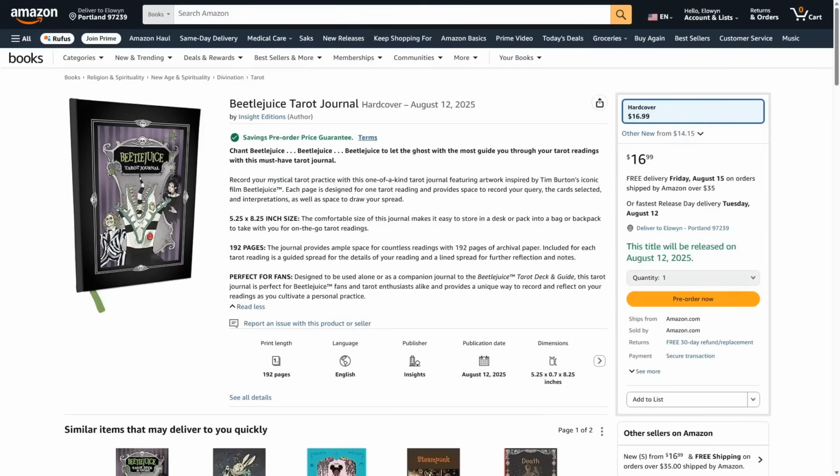Releasing August 12th is Beetlejuice Tarot Hardcover Journal. This journal will retail for $16.99 in the US and is published by Inside Editions. The journal will be 192 pages. Chant Beetlejuice, Beetlejuice, Beetlejuice to let the ghost with the most guide you through your tarot readings with this must-have tarot journal. Record your mystical tarot practices with this one-of-a-kind tarot journal featuring artwork inspired by Tim Burton's iconic film